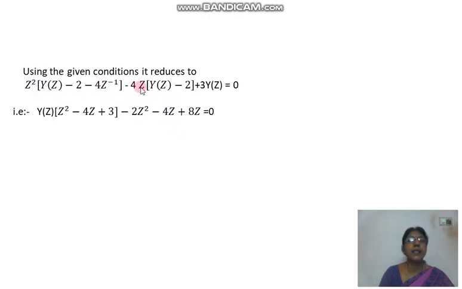Next, minus 4z into minus 2 means plus 8z is equal to 0. Then here Y of z into z square minus 4z plus 3 is equal to,